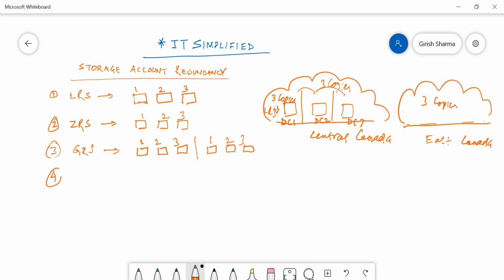And the fourth option is read access geo redundant storage, which is the highest SLA that you can get in storage account, and I'm talking about standard storage account. Right? So when you create read access geo redundant storage, you still have 3 copies per region, so 6 copies in total. But the difference from GRS is that you also get read access from the secondary region. So in case your primary region goes down, you can also have read access. You cannot write to the storage, but you can read the data from